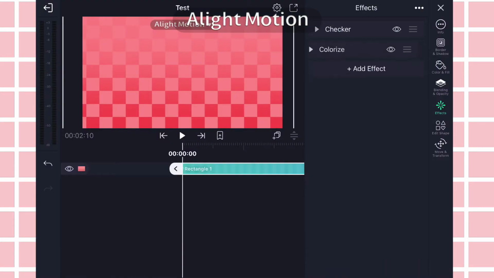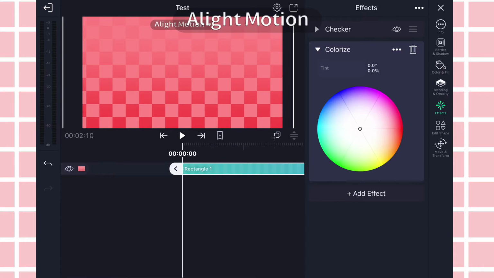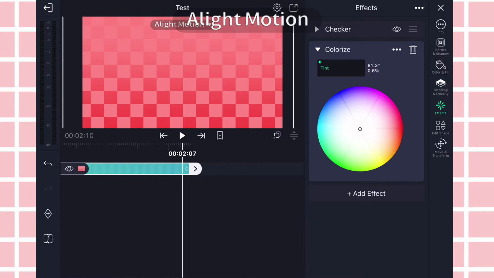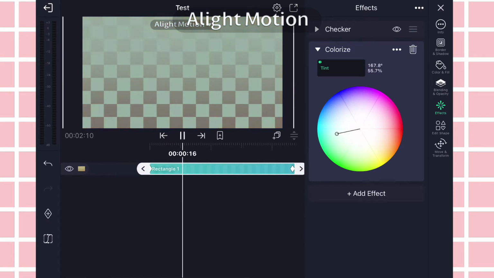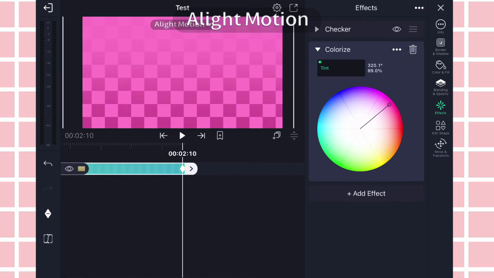Next, you click Colorize, and from there you can just click the keyframe, end and start it again. That's basically just changing your colors. Now it should be a good gradient,